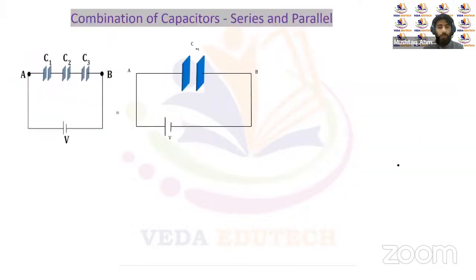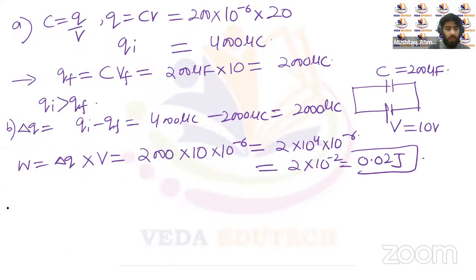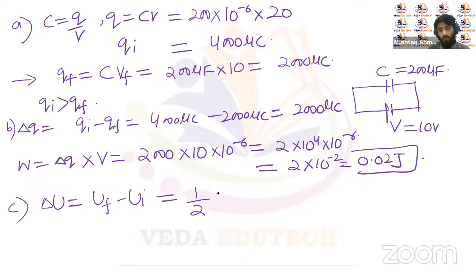So let's move on to the part four, right? Find the decrease in electrostatic field energy. Once again, previously we also discussed that the decrease in the electrostatic potential energy will be nothing but the final potential energy minus the initial potential energy, right? The final potential energy is equal to half C V final square minus half C V initial square,